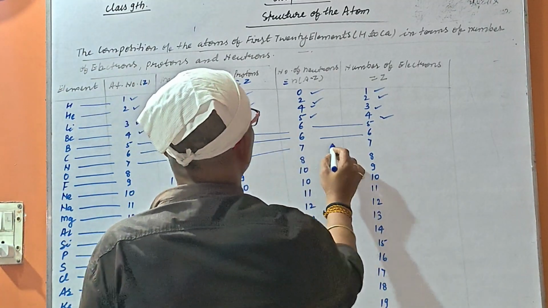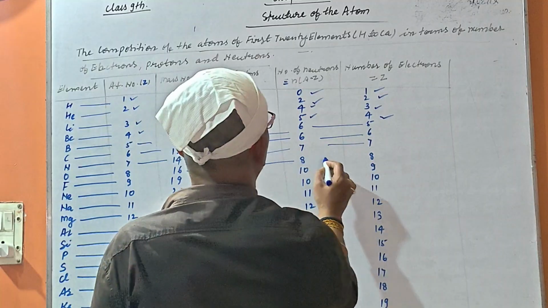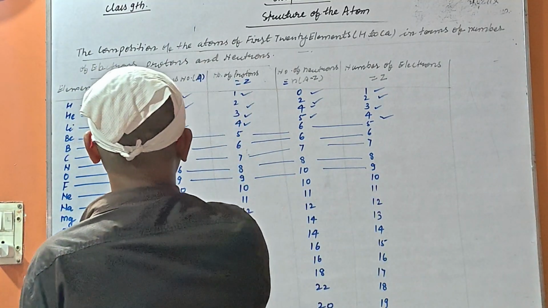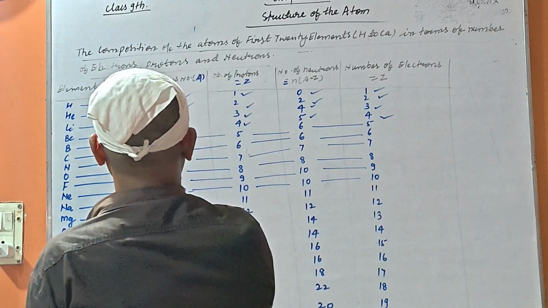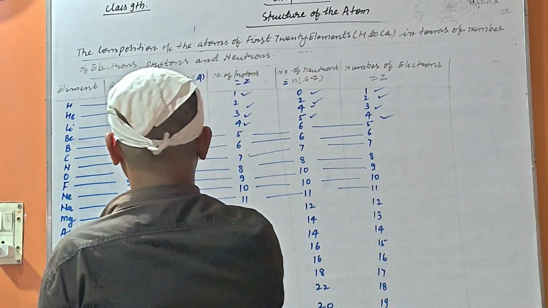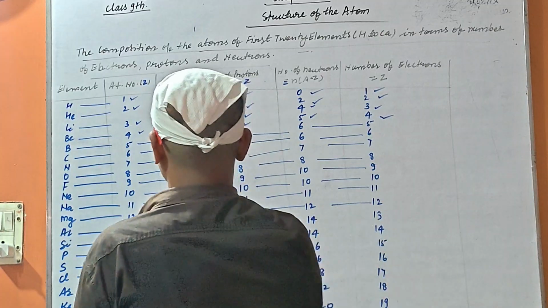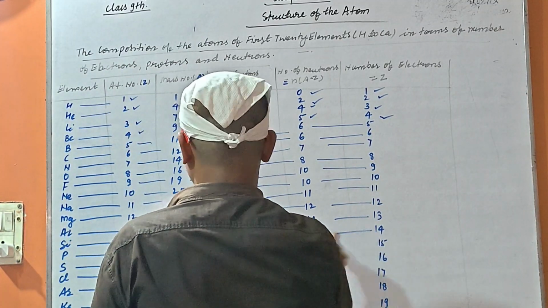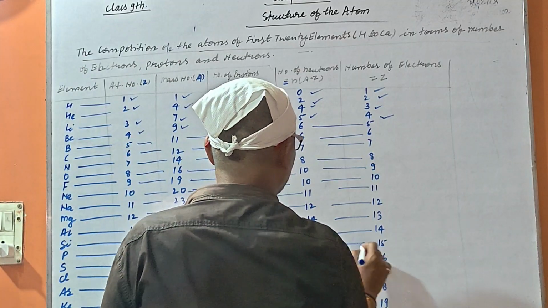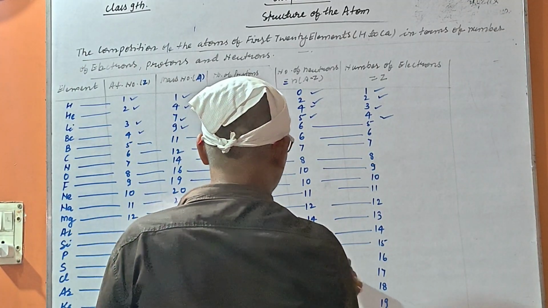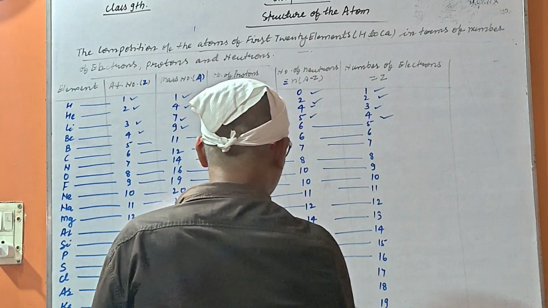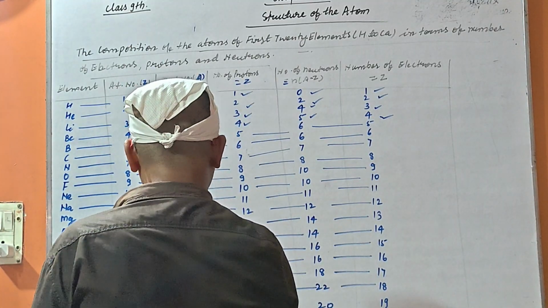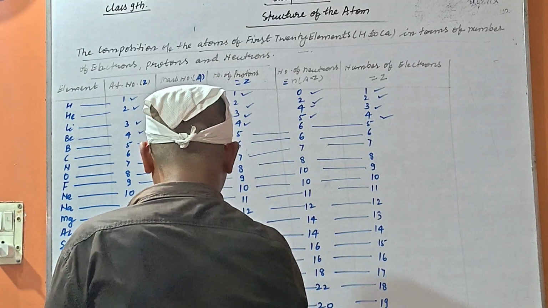According to this, you have to understand it in a clear way, with a clear concept. This is very easy to understand. Write it in your copy for your convenience, and always keep in mind what the atomic number is and what the mass number is. It is very important for your molecular mass and atomic mass calculations.